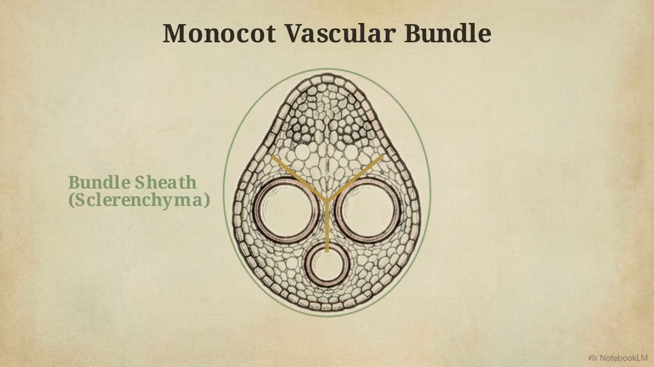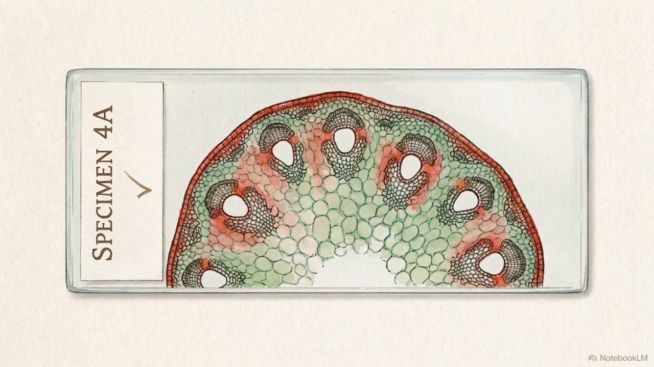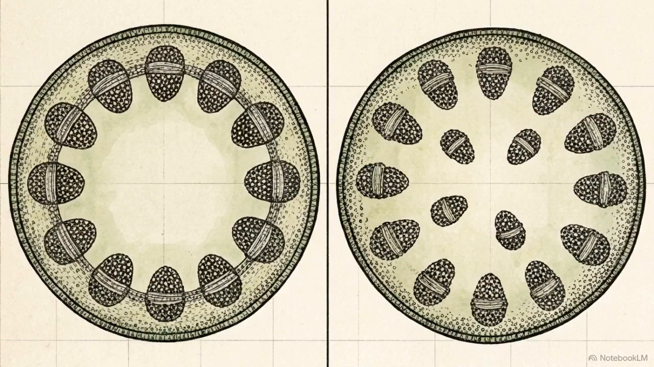Zooming into a single monocot bundle, the xylem vessels form a distinct Y shape, with an empty protoxylem water cavity at its base. So if you see an unlabeled microscope slide featuring scattered bundles and a water cavity, what is your identification? That is a monocot stem. This spatial arrangement of vascular bundles, whether neatly ringed or widely scattered, dictates both the structural integrity of the stem